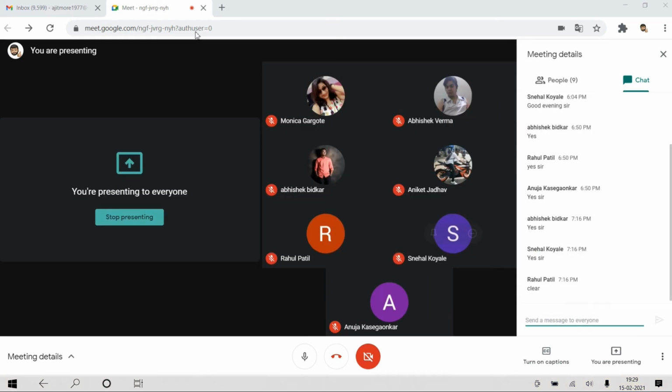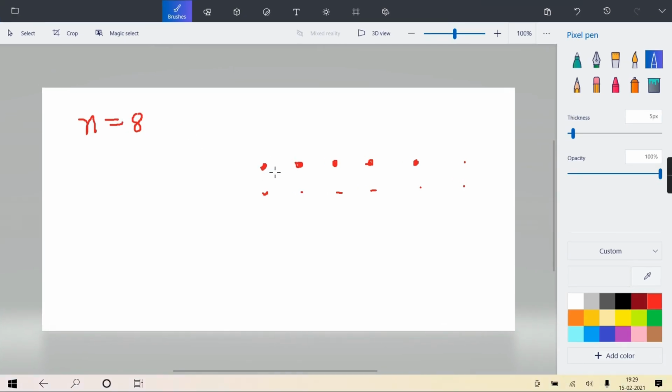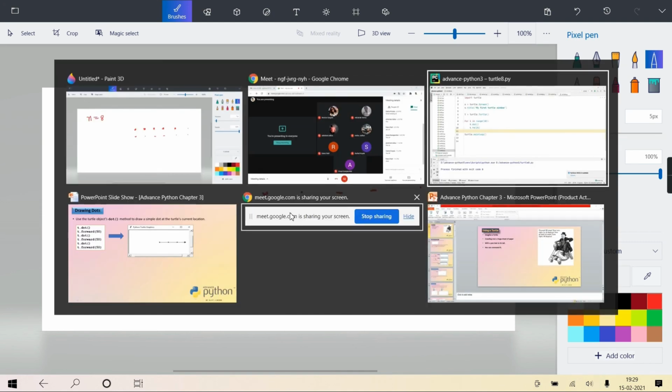Means n by n is there, so n is 8. So in that line 8 eggs it will produce. 1, 2, 3, 4, 8. Then come back, again come down, and again 8 eggs. Come back down, 8 eggs. So how to bring it back and again down? Check it. So we'll solve this. Don't worry.